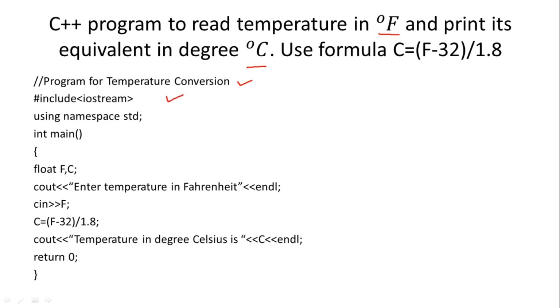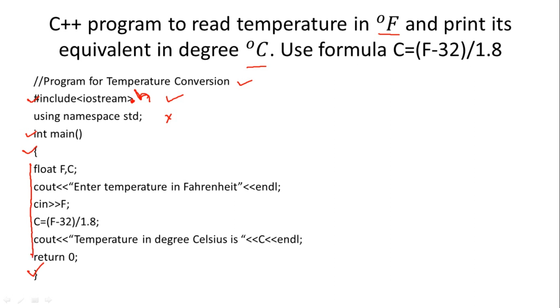So first will be a comment for defining the task performed by that program, then inclusion of the header file #include iostream.h, then using namespace std. So using namespace std is optional. It depends upon the type of compiler that you are using. Some compilers are pre-namespace, for example Turbo C++. So in that case this is not required, and in place of this we have to use iostream.h. After this statement, main will be written directly. The next statement is int main, start and end of main. So between these two we will write our code.